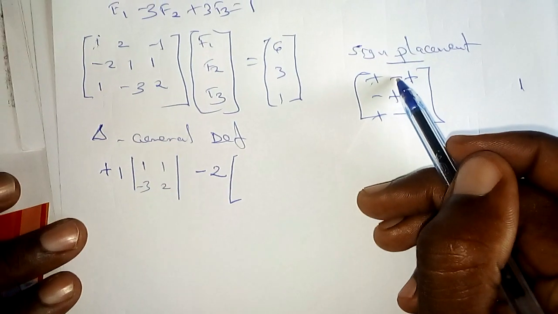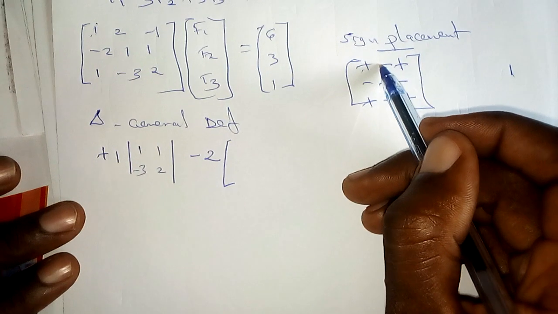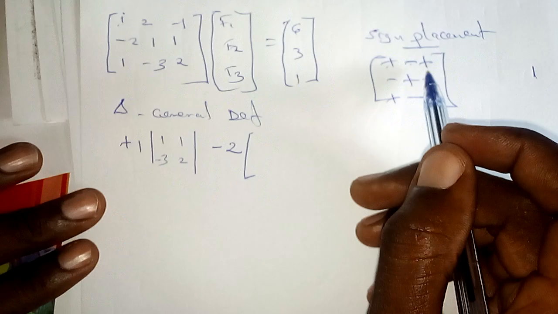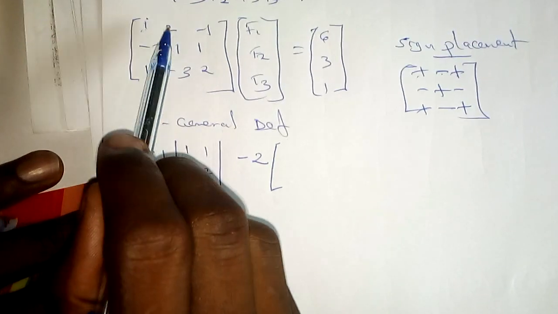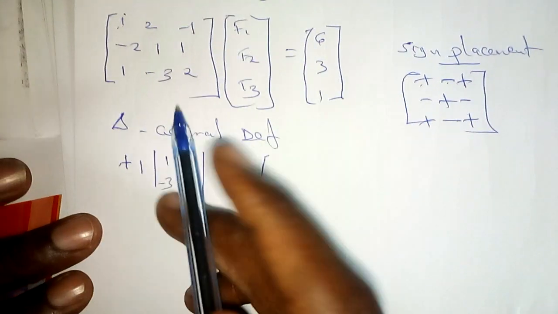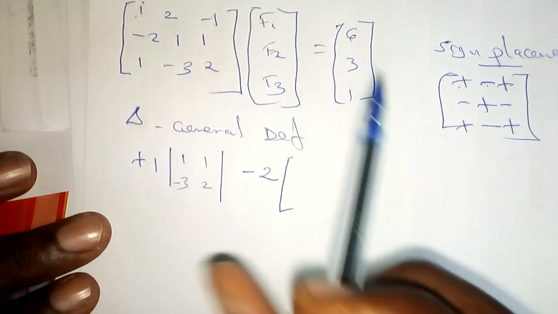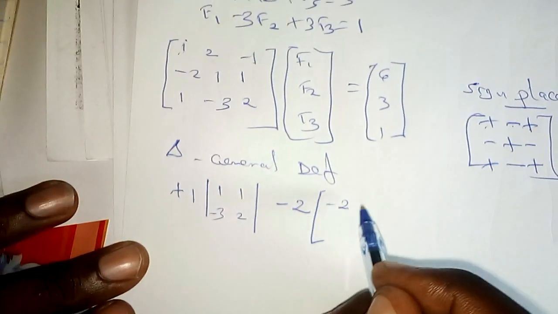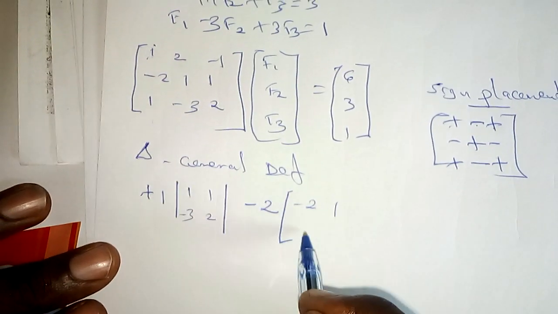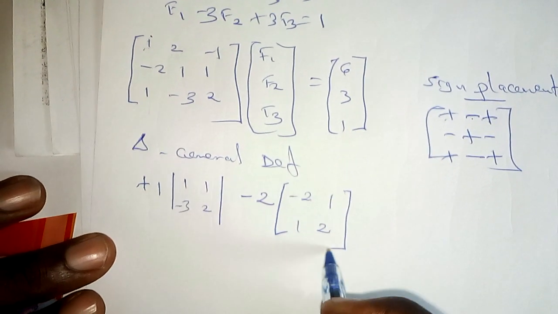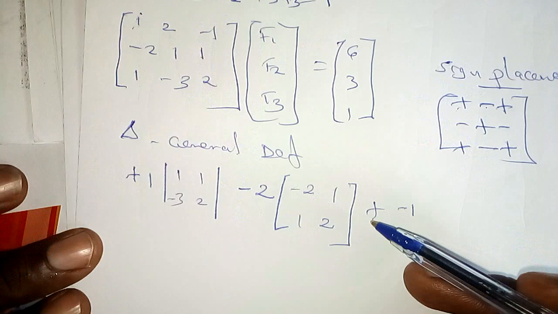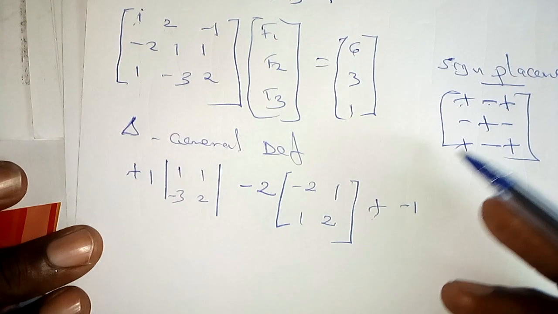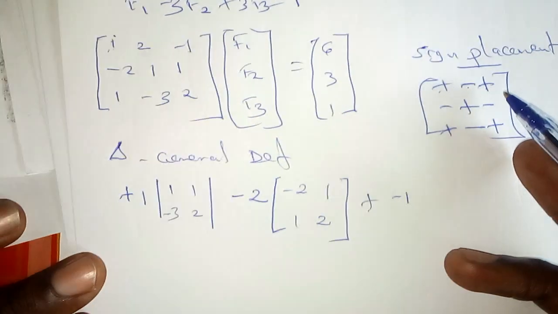Consider the second sign on the first row, negative 2 here. Take this one, negative 2. If you block this and you block this, the remaining components are negative 2, 1, 1, 2,